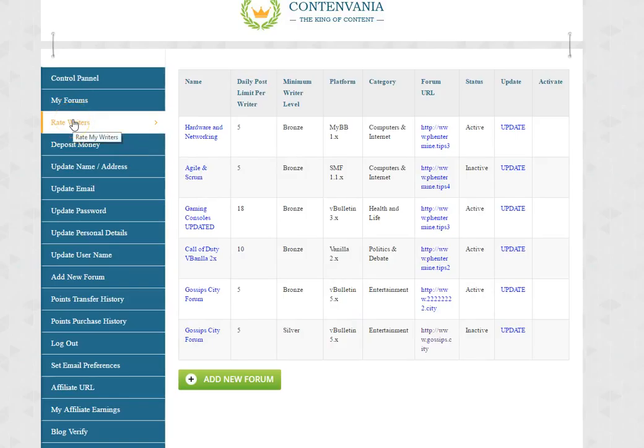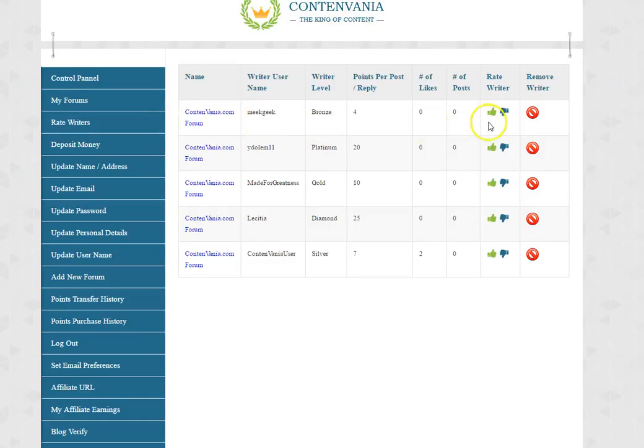One major thing is you can rate the writers, and it's very important to rate the writers. Remember that, because based on your votes, we use thumbs up and thumbs down. Based on your votes, writers get upgraded to the next level. So, for example, in order for somebody to get upgraded from silver to gold, they need to receive 100 votes. And by you giving them one more vote, they're getting closer and closer to that target. So once they get upgraded to the next level, that means they're more in demand, and they start getting paid